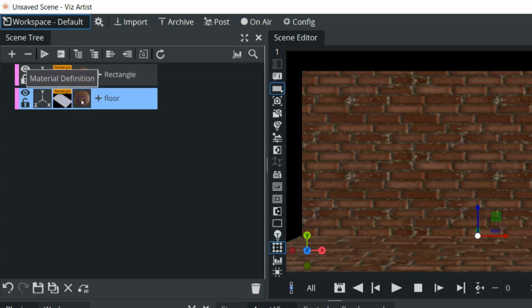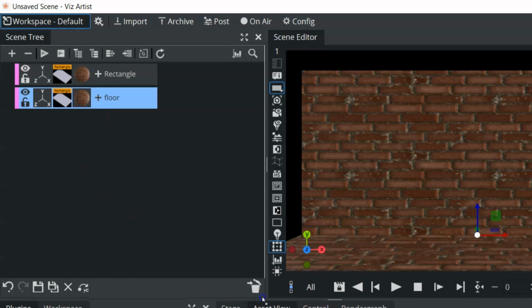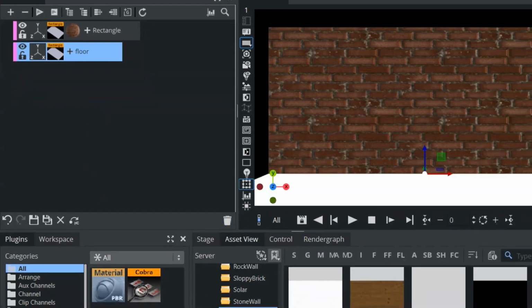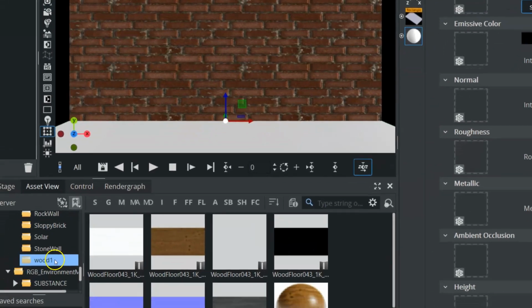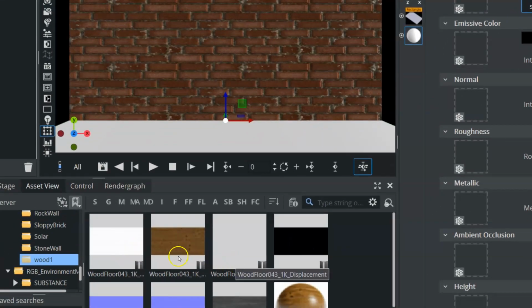We have our PBR material on there. We can just get rid of that if we want, and we can slide that new PBR material on there just to give us a blank box, since we are going to use all new images. Now I'm going to come into my new PBR material and I'm going to start dropping my images into the